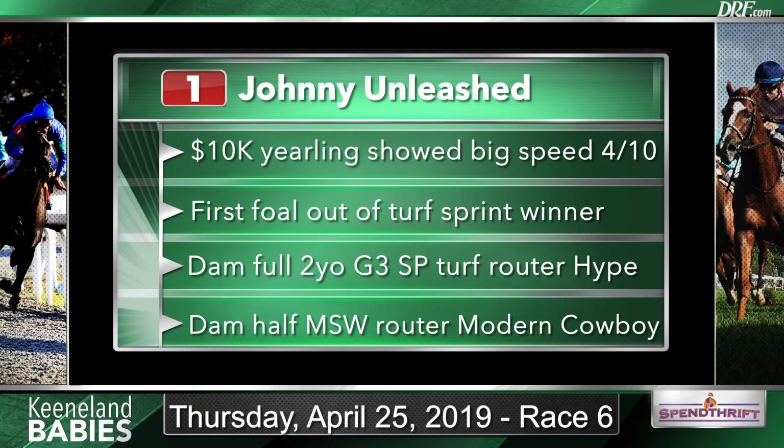Absolutely. The thing I loved about Johnny Unleashed's run is that he was very, very green that whole day. Through the paddock experience, he was nervous. He was on his toes in the post parade. He really seemed to be one of these 2-year-olds who was sort of like, what is going on? And I think having that experience under his belt, he's going to be a lot more confident coming into his